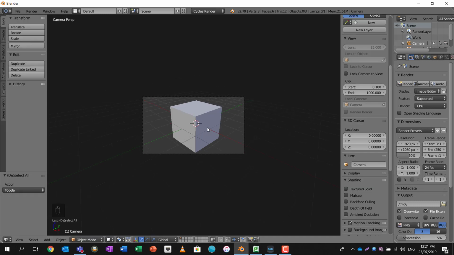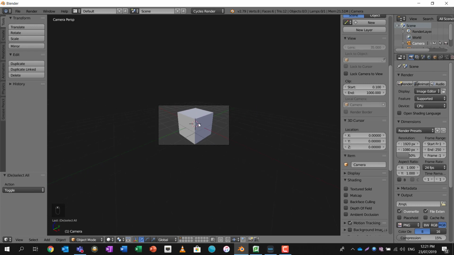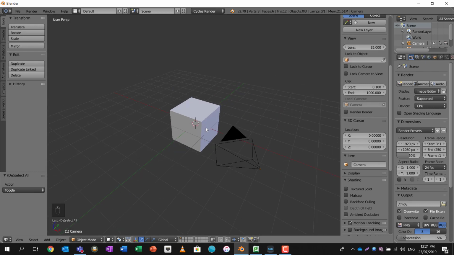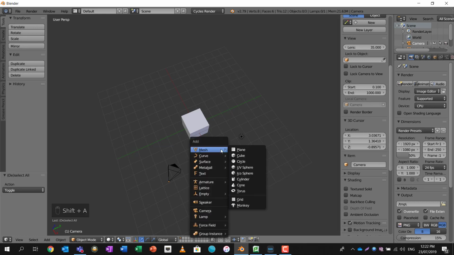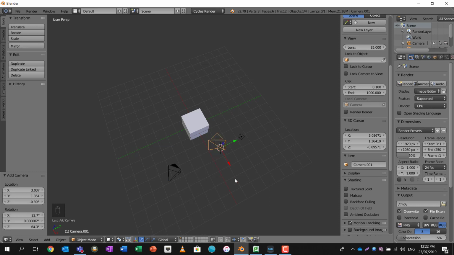What I recommend for some models is to put in multiple cameras. Keep one exactly where you want it, and then you can muck about with lights and so on, and we're going to add in a new camera. So if I middle mouse and move, I'm going to create a second camera. So if I put my 3D cursor over here, that's where my new thing's going to spawn. Shift A to add, come down to camera,